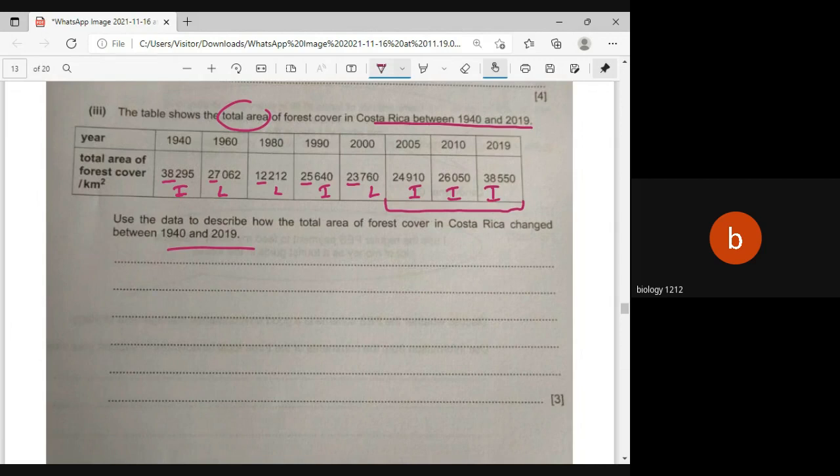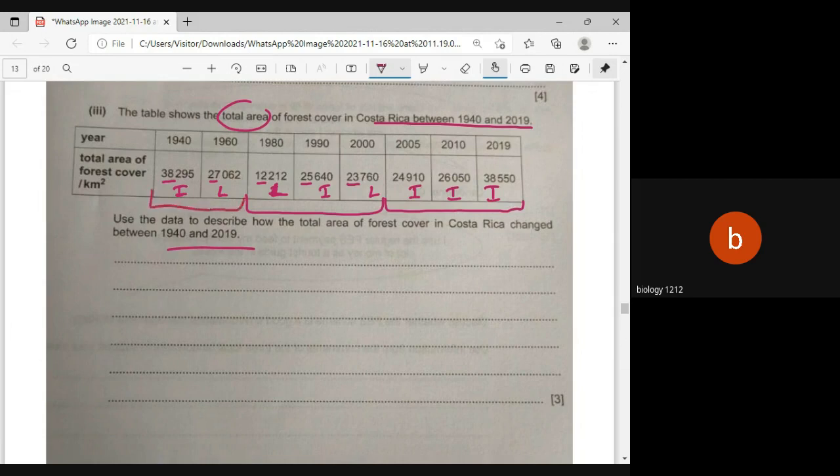Second point, you can mention that from 1980 to 2000 it was very high to 12,000, then it was low compared with 1990, then in 1990 it increased, and in 2000 it decreased. Whereas the first point, you can mention that in 1940 the area was very high,